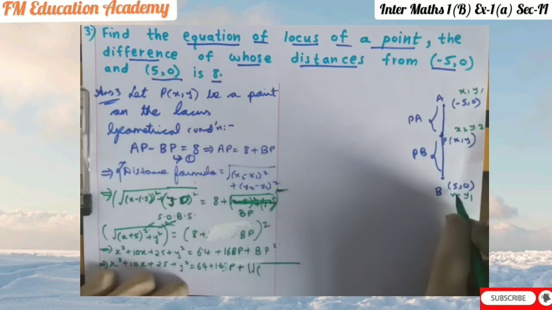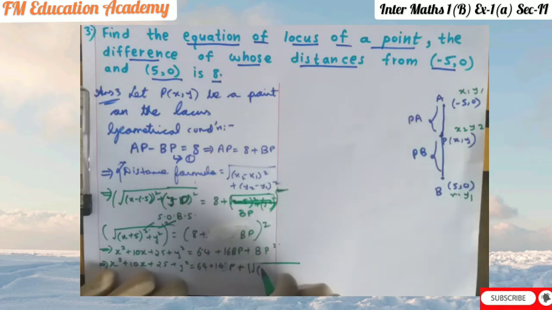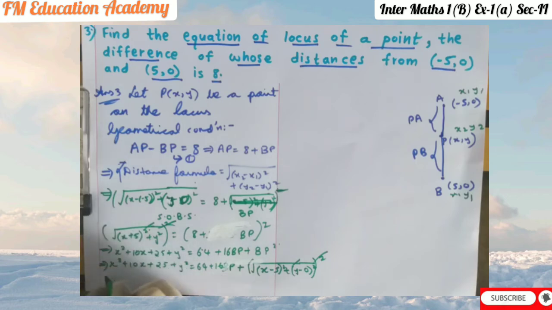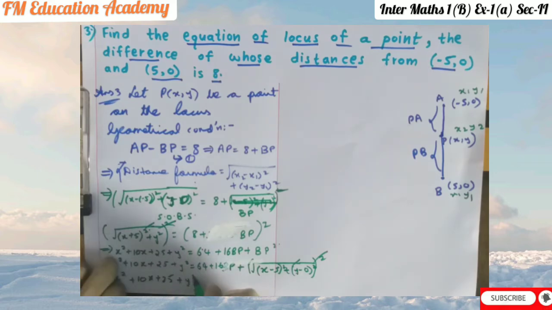So what is x2? We have x2 here is x minus x1, which is 5, whole square, plus y2 minus y1. What is y2 here? y minus 0 whole square, and since it is a square it will come whole square. Now the square and the root get cancelled here. Now we are having x square plus 10x plus 25 plus y square is equals to 64 plus 16 BP plus